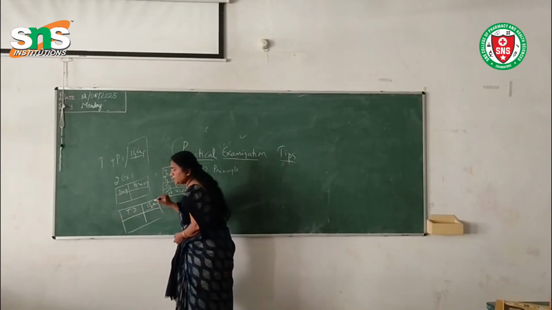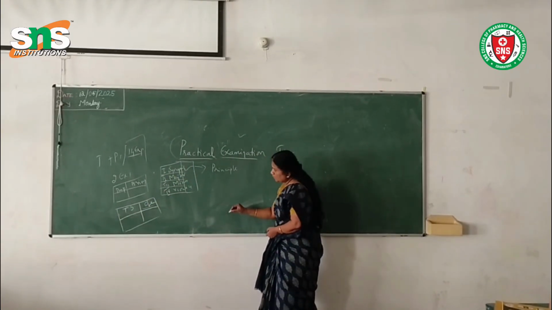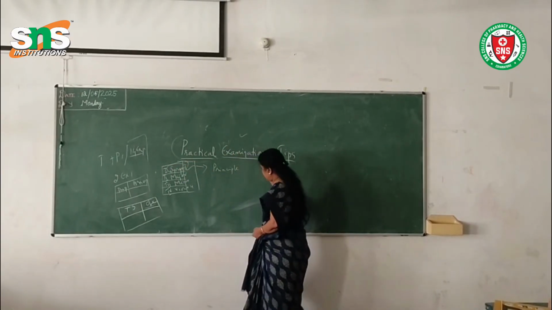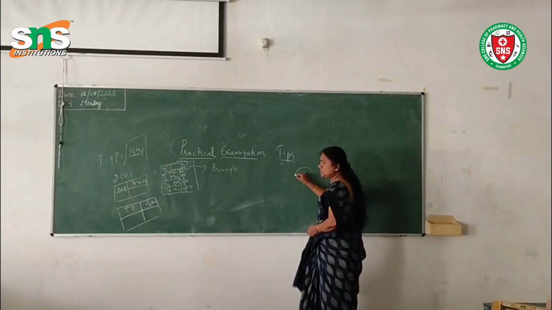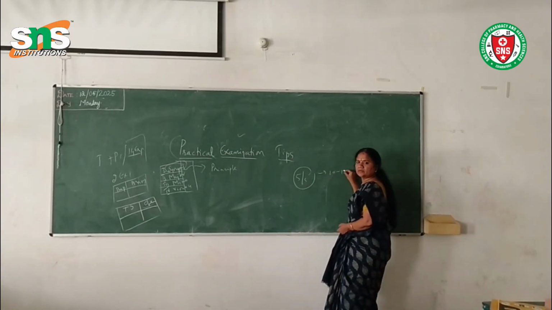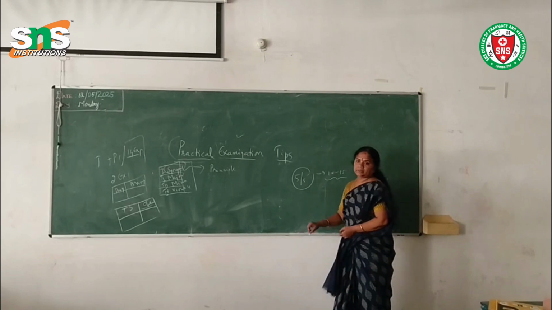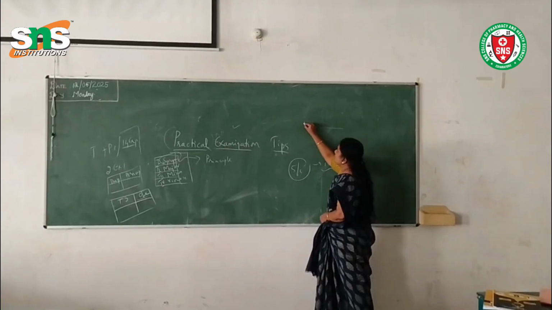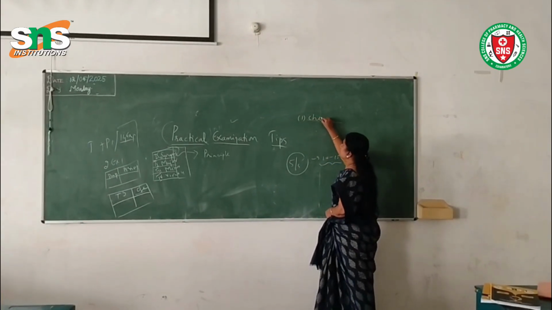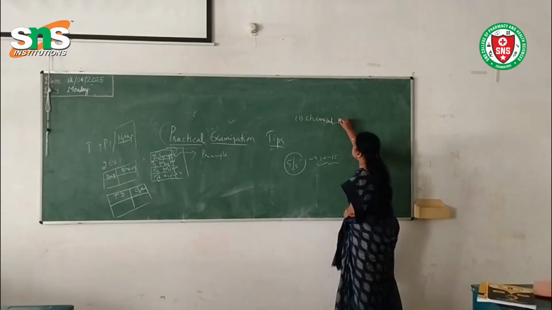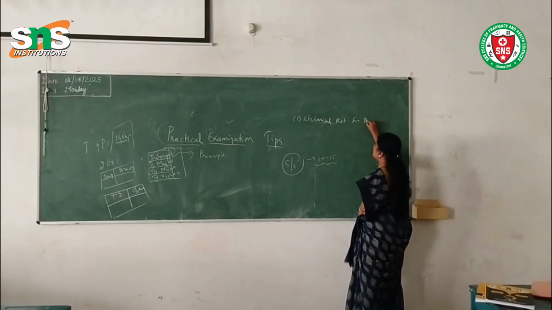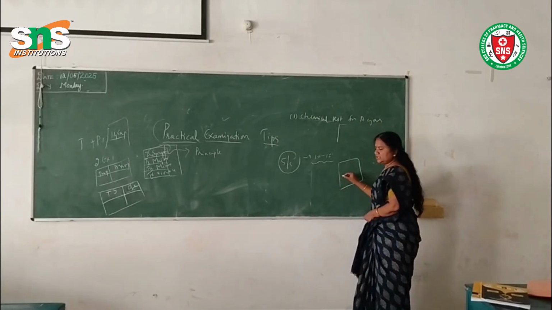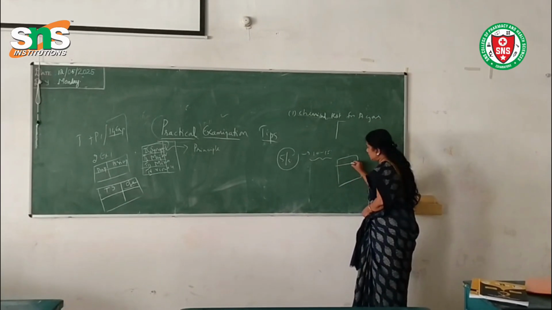So when you are going for the chemical test, what is the first thing you have to do? For example, in your synopsis, you want to secure 5 over 5, and the allotted time is 10 to 15 minutes. Based on the time, you are given a question like this: write the principle involved in the chemical test for agar. What you have to do is, you have 4 pages. In the first page, you write your register number,